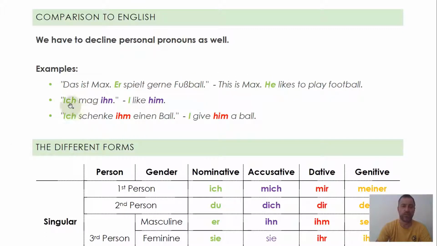But if you want to say, ich mag ihn, I like him, this is still Max, but instead of he, you use him. This is nothing less than accusative or dative, but obviously you did not get it taught in that way, because yes, in English you have to change a little less than in German, but beware, there are cases in English, so just apply the same system to the rest. Ich schenke ihm einen Ball, so I give him a ball. This is dative.